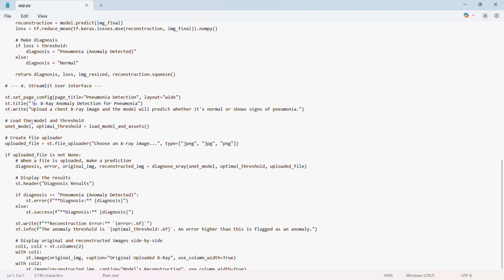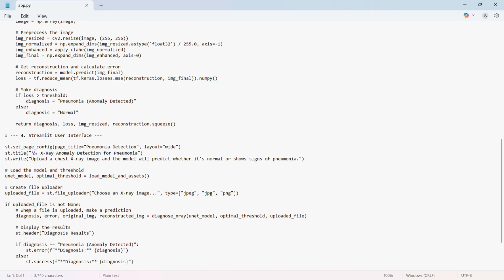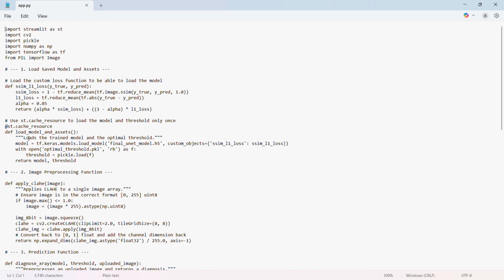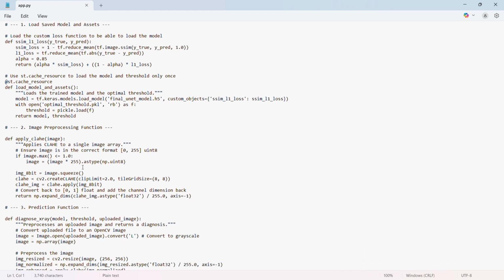So as soon as you run the app with streamlit run app.py, it launches a clean web page with a title and upload section. The next step in the front end is to load the trained model and the pre-calculated threshold value. Here, the trained autoencoder model from the backend is loaded. This is what performs reconstruction. The threshold.pkl file stores the cutoff loss value that separates normal X-rays from pneumonia cases. This ensures consistency. The front end uses exactly the same parameters and logic that were derived during backend training and